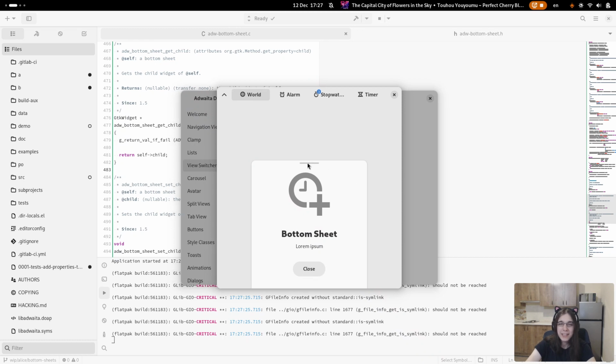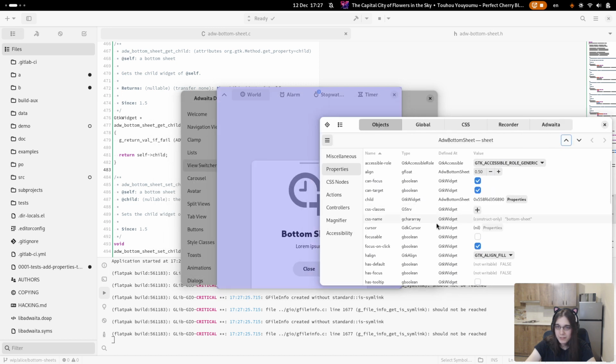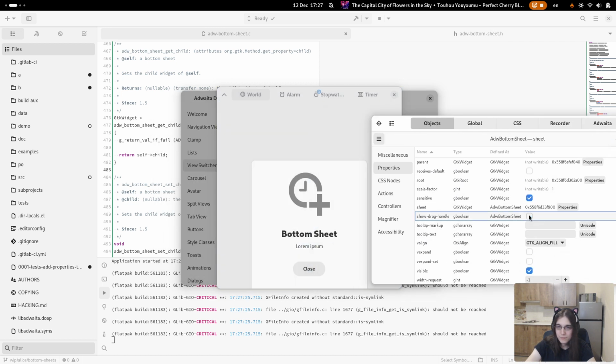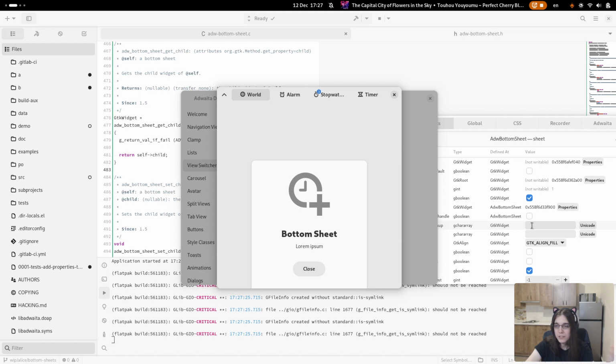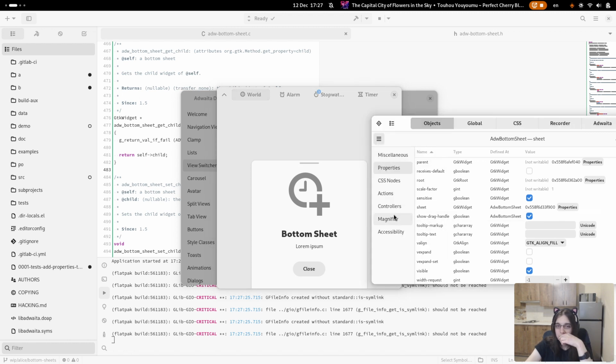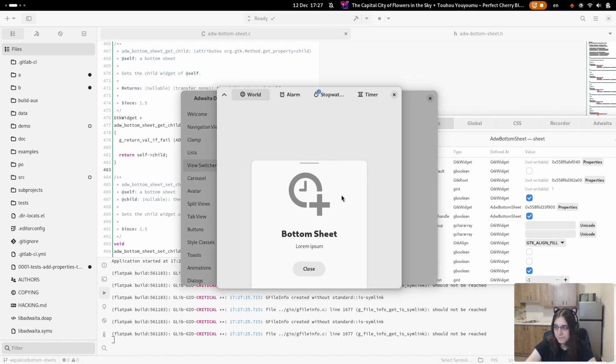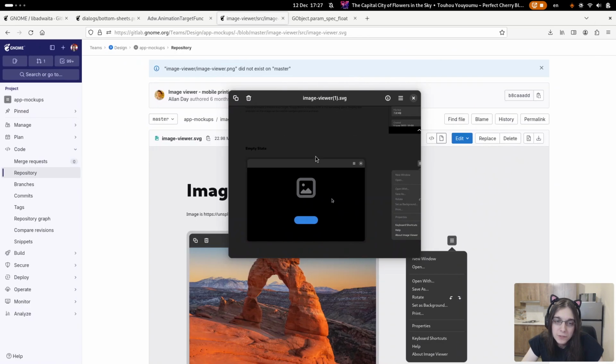So it's just a handle, except it's not draggable yet, but it will be. And if we disable it, then it's not there anymore. It purposely doesn't shift the widget, just overlays it.